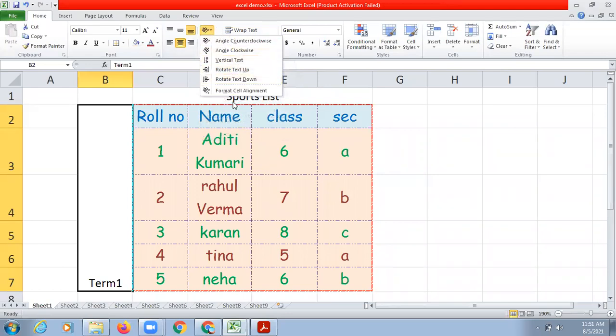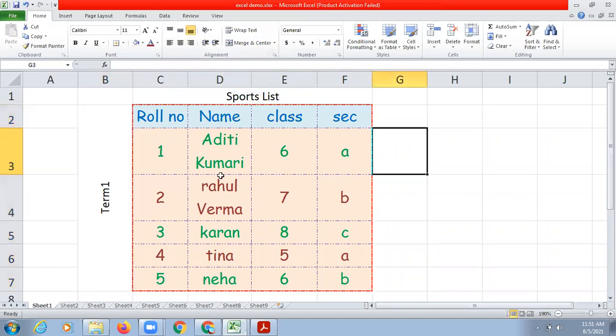Now these are the different types of orientation. How do you want to write that? You have to decide. I wanted to rotate my text towards the upside, and I wanted to bring it to the center also. So this is how it will come. So term 1 is coming and it is in the center, in the middle also, and we have changed the orientation of the cell from these options.